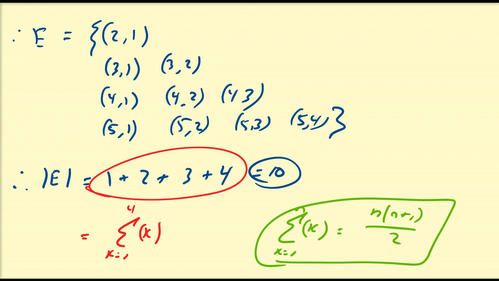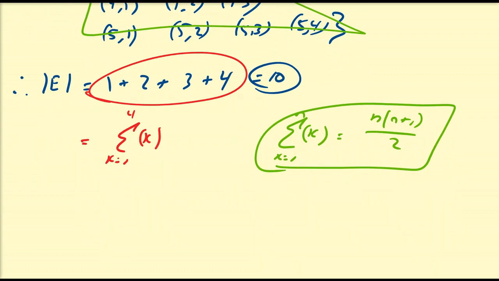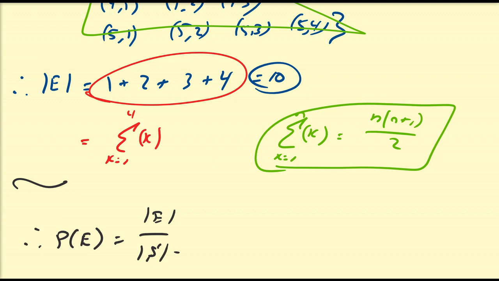And typically anytime you have a triangular type of event space or sample space, this formula definitely may be of use. All right, so therefore the probability of our event occurring is going to be, by definition, the size of E divided by the size of S. So E we found to be equal to 10, the size of S we found to be 35. So this is going to reduce to 5/7, which we should know to be approximately equal to